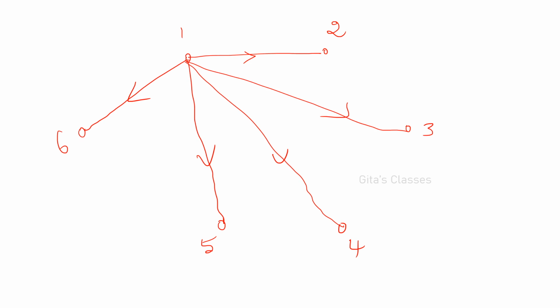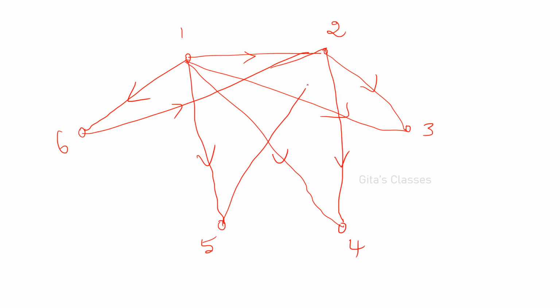Okay. So next is from 2 we have with 3. 2 is the winner. Now 2 to 6, 6 is the winner. And 2 to 4, sorry, 2 is the winner. And 2 to 5, 5 is the winner. Actually, 1 has played with all the others. 2 has played with all the others.